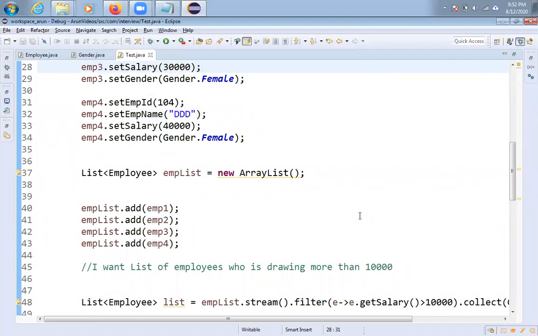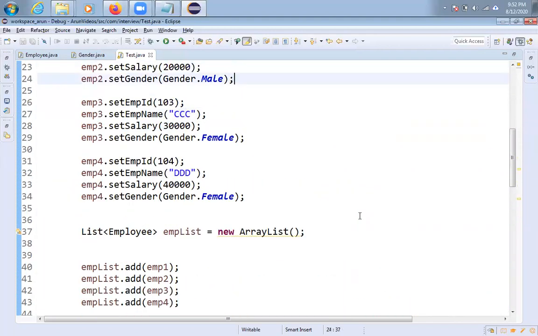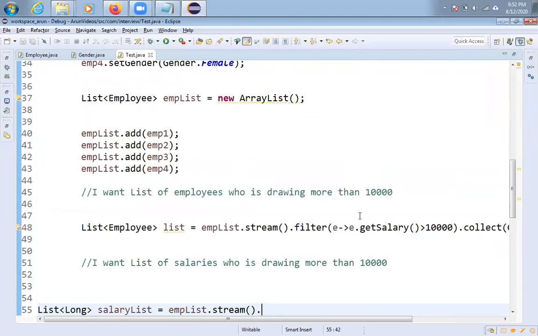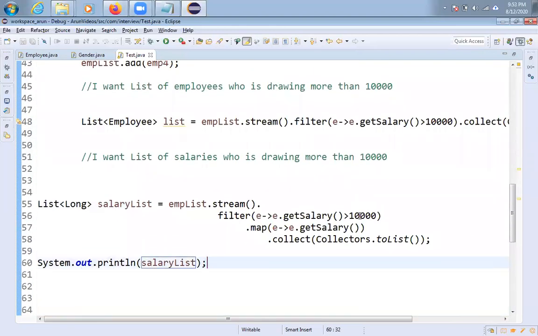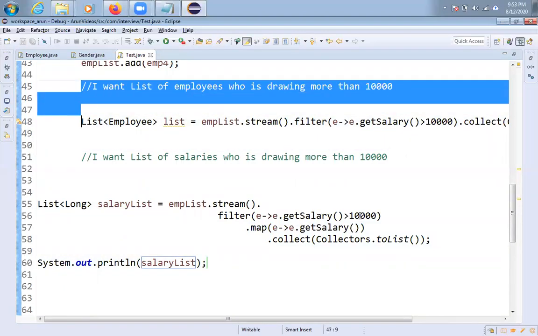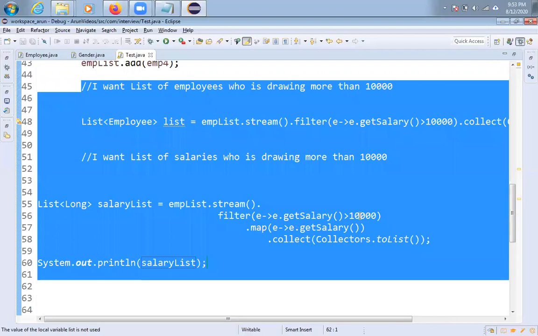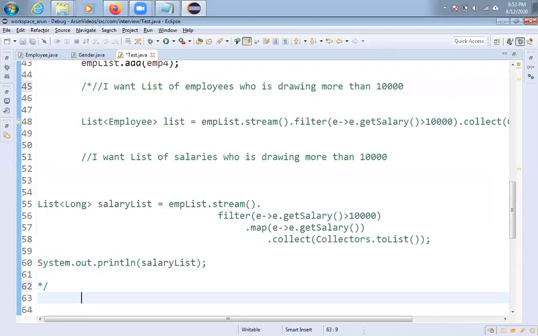If you want, please let me know in the comment section. Definitely I'll try to do that one as well. Or else, yeah, please wait, I'll do it now itself, friends. Very simple. Let me comment all the things here. Let me comment, friends, and one minute.